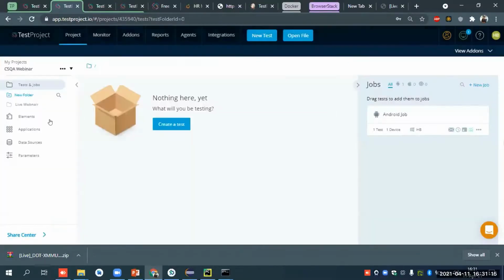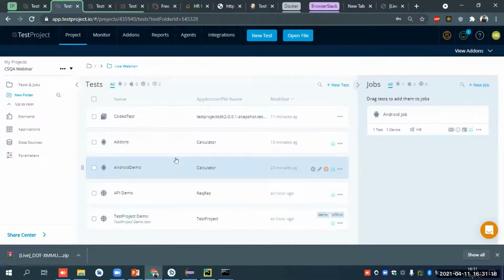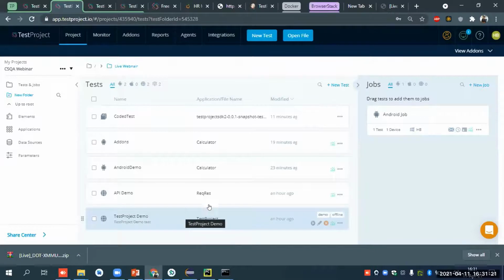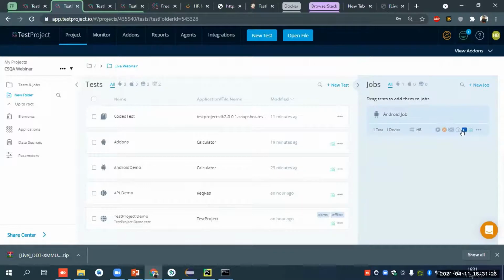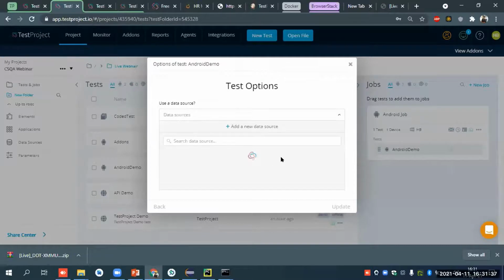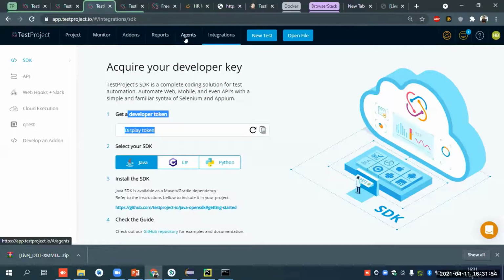Okay, and if there are cases where we have created a test case based on our data file, and you want to pass the data source also, you will just go here, click on this icon, and select which data source I want to use. Okay, so in this case we are not using a data source. If there is a job which requires a data source, you can just give the data source from here as well. Okay, yeah. So let me show you something about the agents.